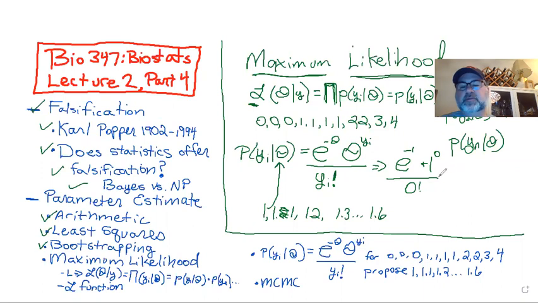So you calculate this, and then you calculate the same thing times this, again times this, and let's just do 2. So you multiply it times the next one, and for 2 it'd be e, and then we're proposing 1 is the mean, so e to negative 1 times 1 raised to the 2 over 2 times 1, right? 4, you put 4 as your y, so here, 4 times 3 times 2 times 1, right? And you do that,